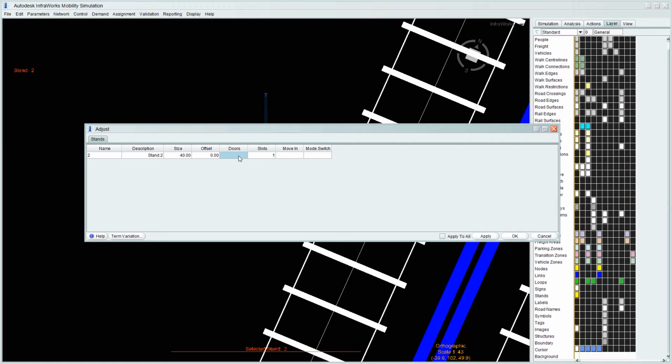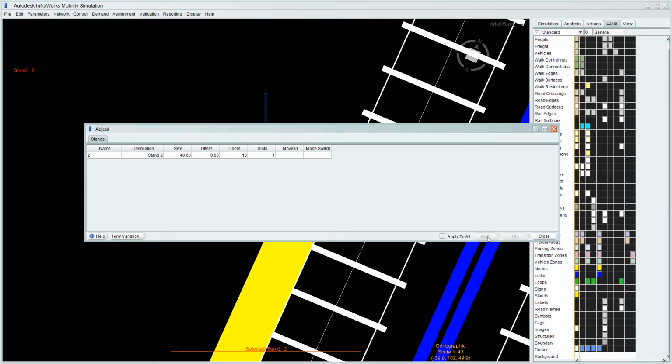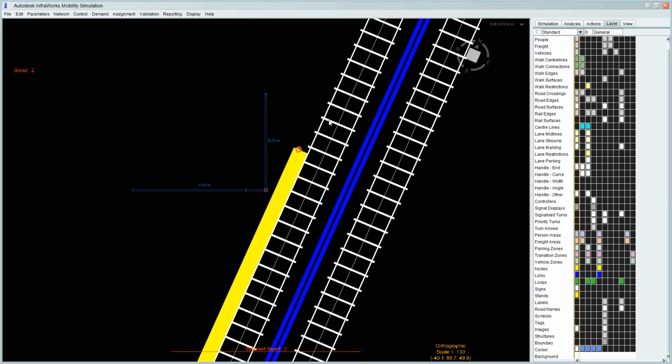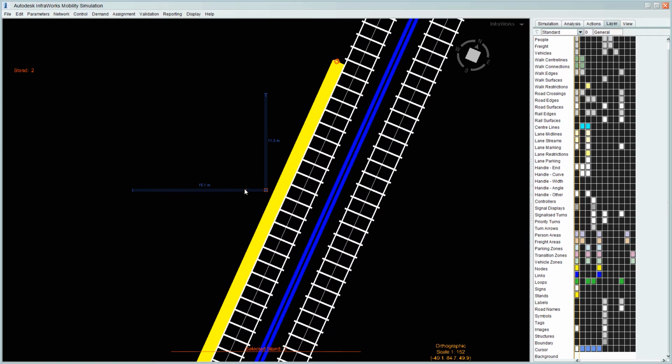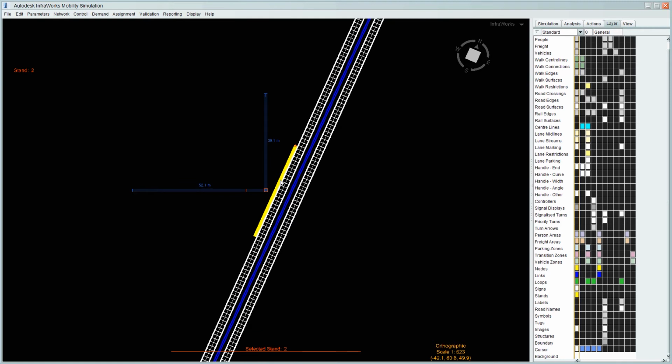So we can say 10 doors, just so that we can see how it works, and we'll apply that, and you'll get this long 40-meter long platform, and the doors will be placed equally along its length. Now you can't see that at the moment, but in a moment when we add the walkways and connect into it, you'll see it.